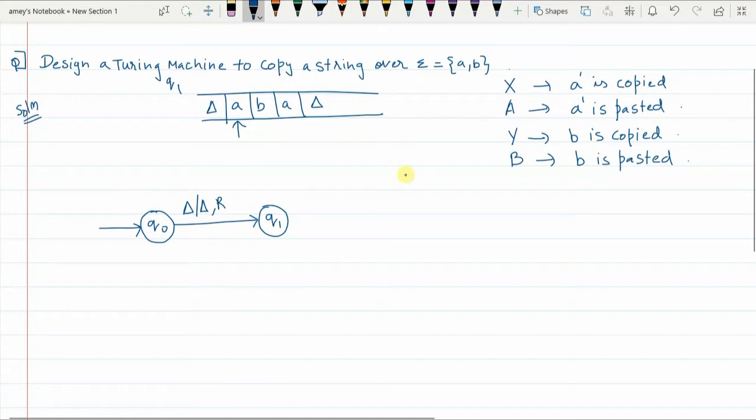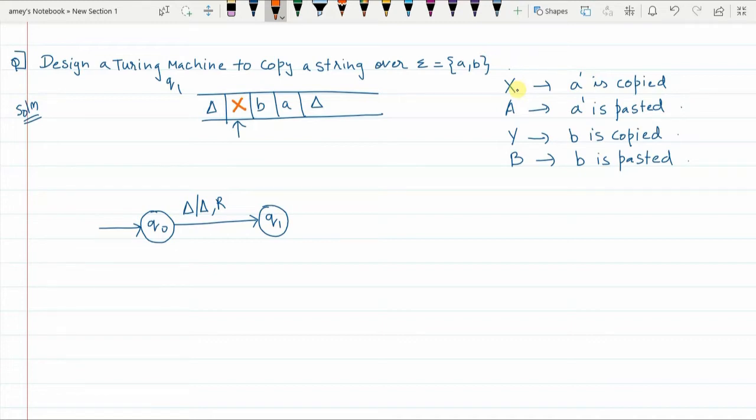Now let's trace this. In Q1 state, when a is read, I want to copy a. So I will replace this small a with capital X. Capital X means there was a small a here earlier which is now already copied.